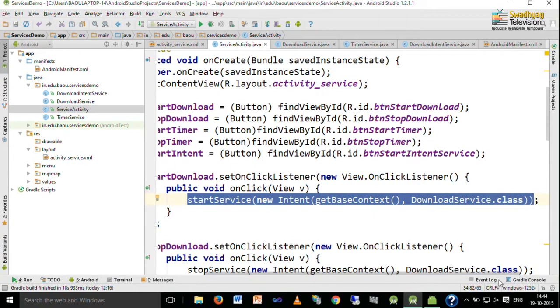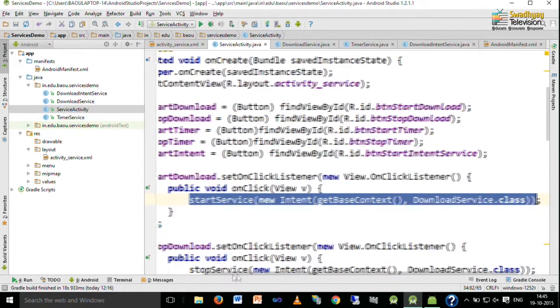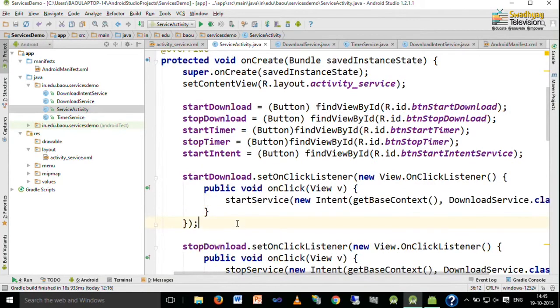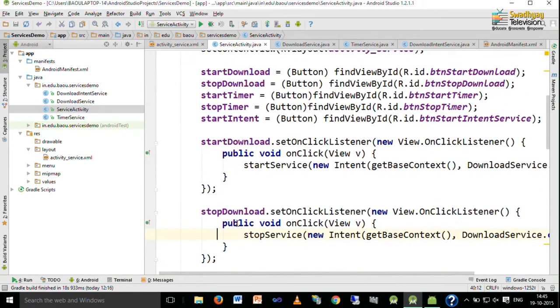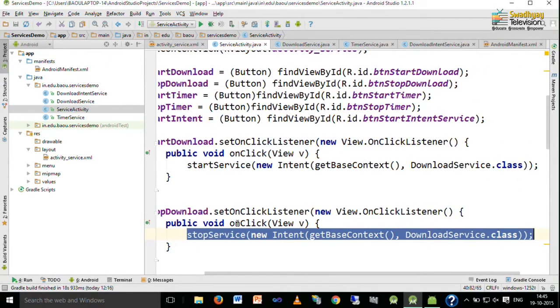We already discussed this startService method. It takes one argument of type intent which represents our download service. This download service we have already written inside our package, and we want to start that service. And inside stop download, we want to stop this service named DownloadService, which is responsible for downloading the text file.